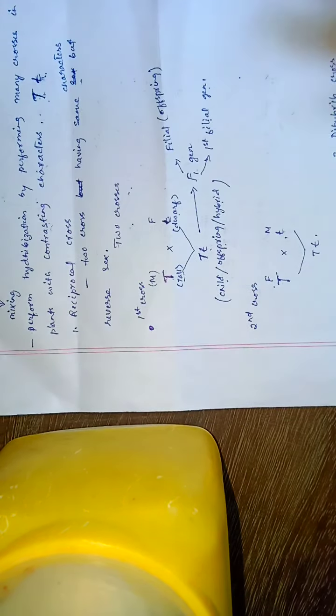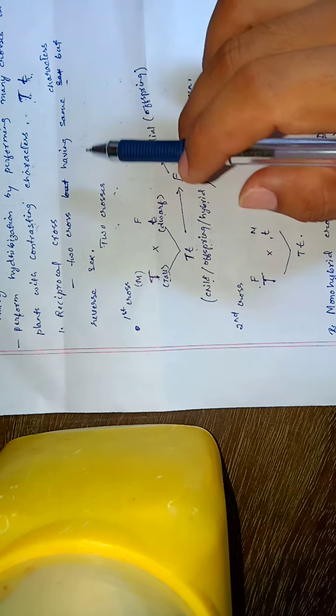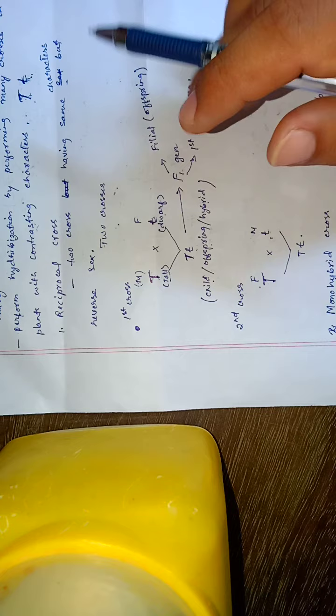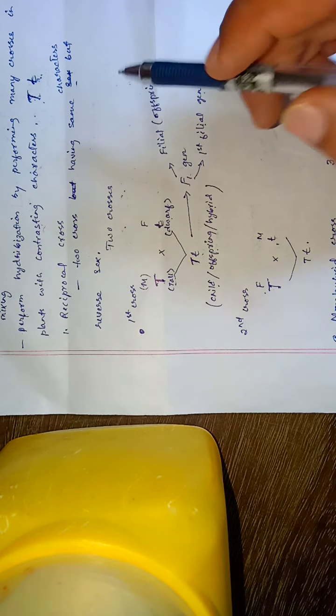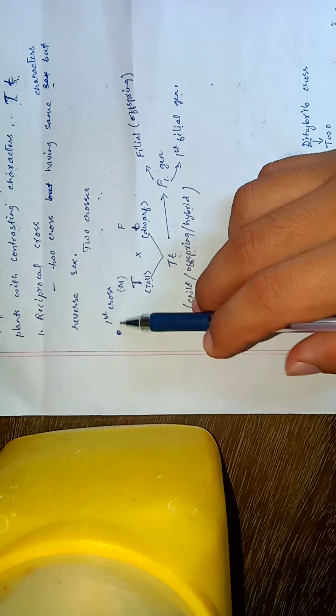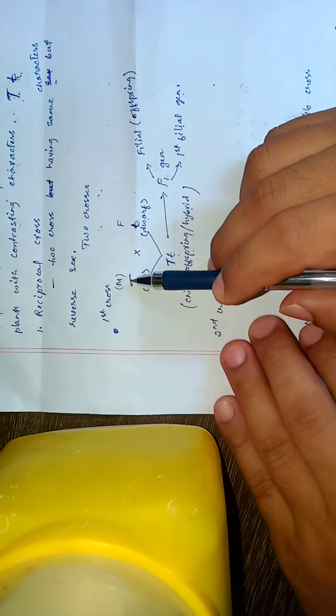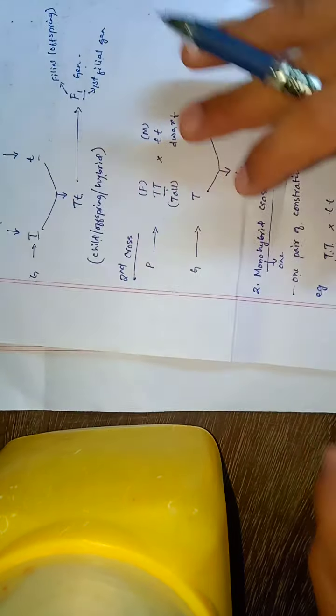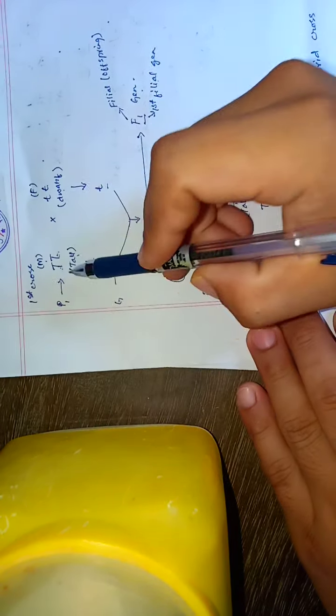Now for this hybridization, let's first discuss the reciprocal cross. What is a reciprocal cross? A reciprocal cross involves two crosses having the same character but reverse sex. Now let's try to understand the two crosses and reverse sex in this reciprocal cross. The first cross and second cross. Let's try to understand from here. In the first cross,